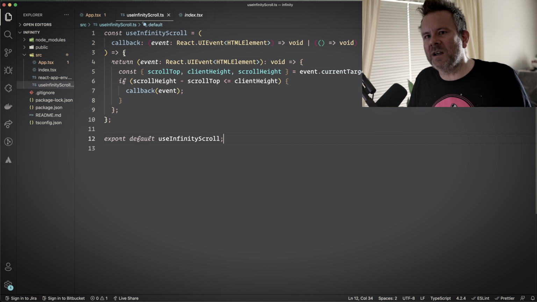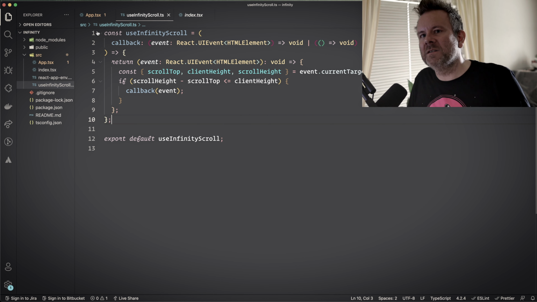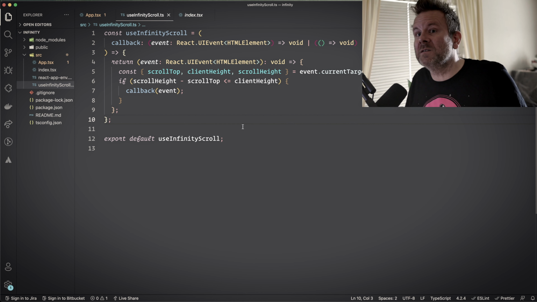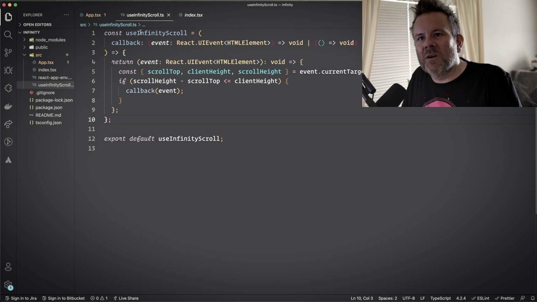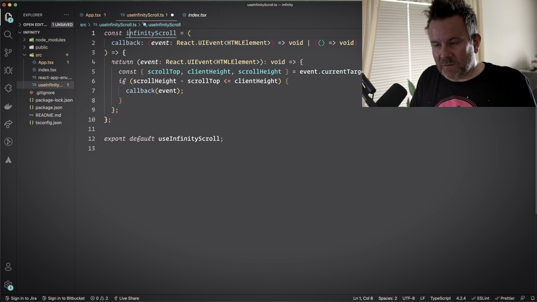In this case, we don't have anything here that's actually related to React. This is plain JavaScript. So this could easily just be a regular function. We don't need to have it as a custom hook. You can create it as a regular function and actually import it as a regular function. So I can actually show this. We can change the name here to just infinityScroll